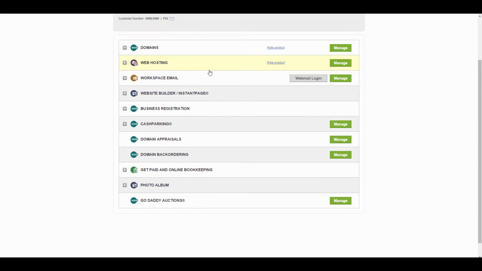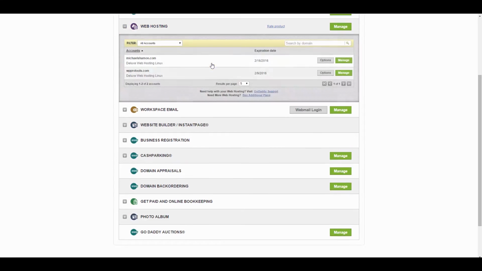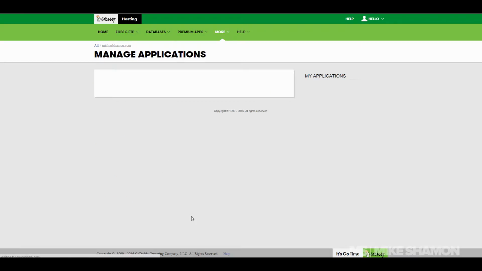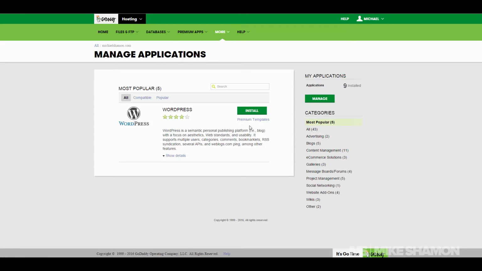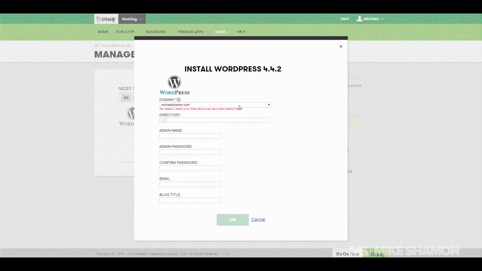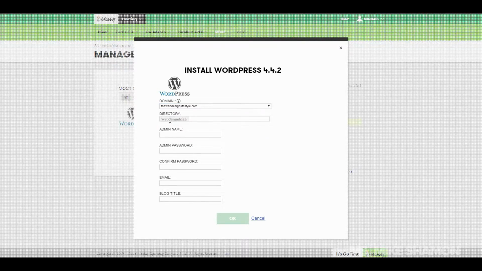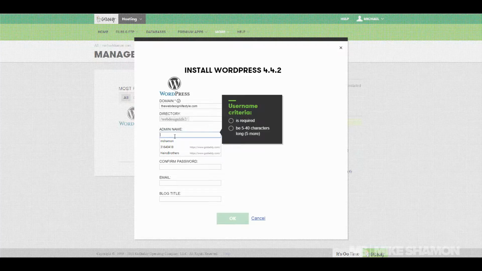So what we're going to do is we're in our account, and we're going to go to web hosting, manage, and we're going to go down here to popular apps, and we're going to go to WordPress. All right, and we're going to go to install. All right, and then you choose the domain that you want the WordPress install on, and this is the directory it's at. So if it's your root domain, there's not going to be a directory there. You just want to install it to the root then, but this one's in a particular folder, so that's why that's there. And then you just choose your admin name,